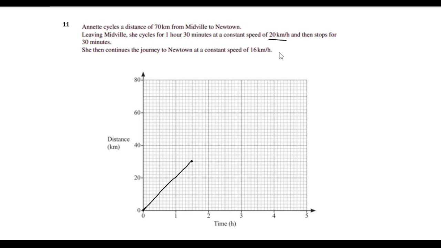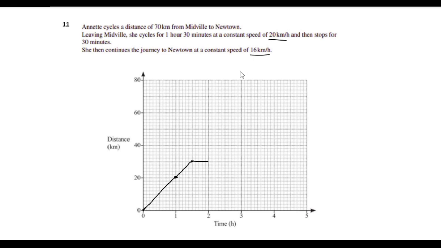Now the gradient of this particular graph will be the speed. This is a distance-time graph, so the gradient will give me the speed. You can see that this point is 20 comma 1 and this point is 0 comma 0. That gives me a gradient of 20. Then here there is a pause of 30 minutes, so there is no movement, meaning my distance is going to be 30 only. Then the remaining 40 kilometers we are covering at a speed of 16 kilometers